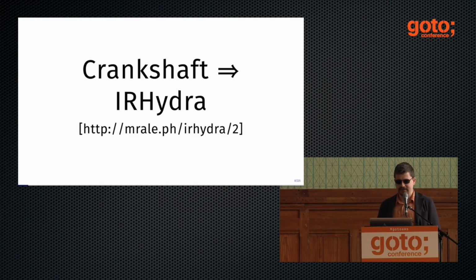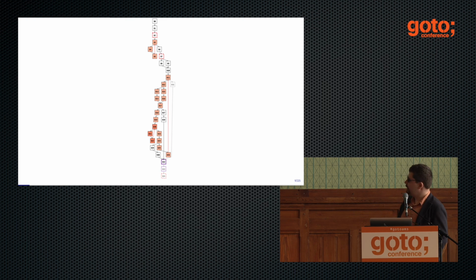For example, V8 has an optimizing compiler called Crankshaft. And if you want to deal with Crankshaft, you can use a small tool that I wrote that allows you to read the code that it generates. Using this tool, you can look at what happened with that for loop. It is probably a little bit hard to see, but this is the code of the benchmark in the form of the control flow graph that is used by the optimizing compiler.